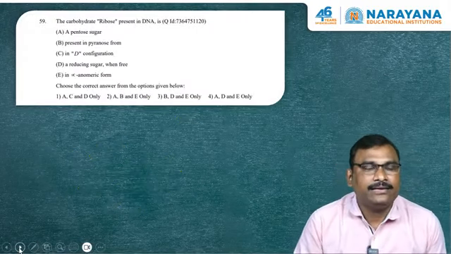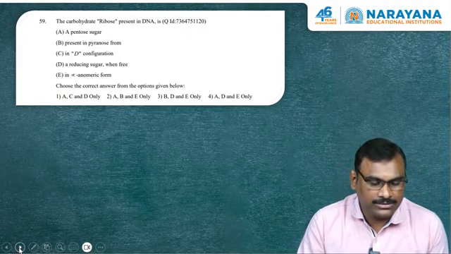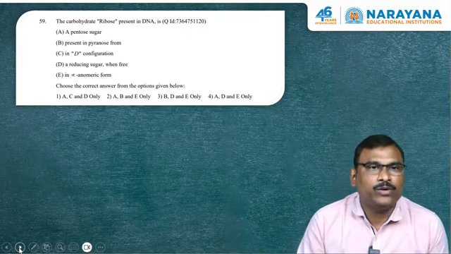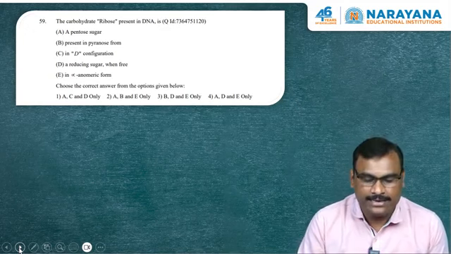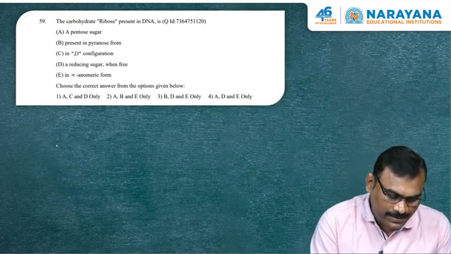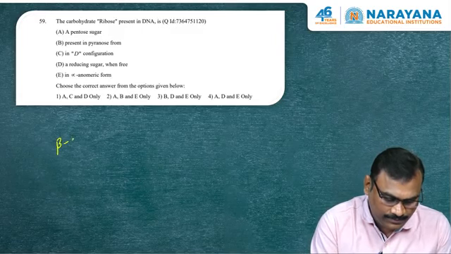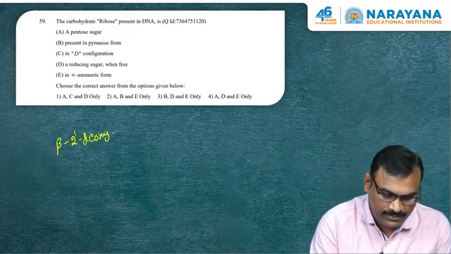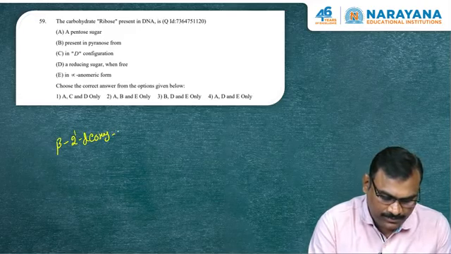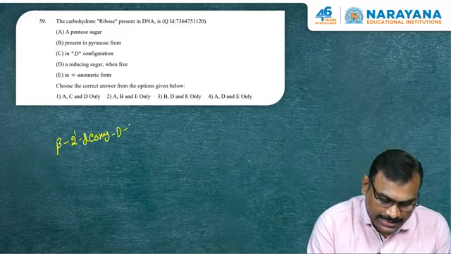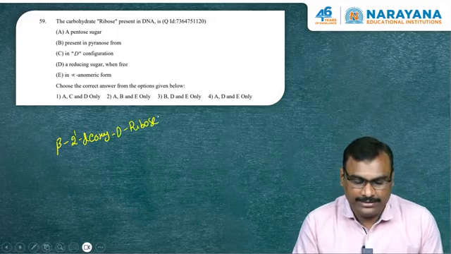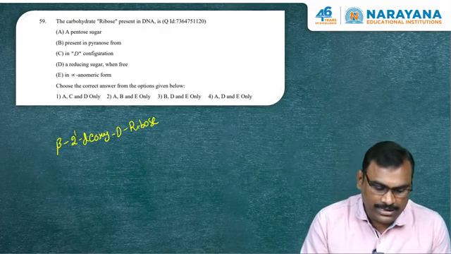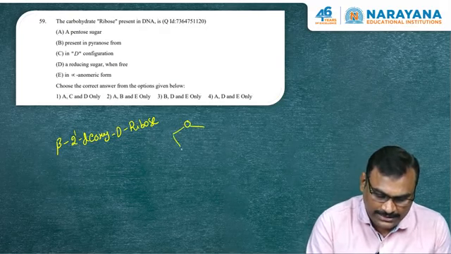Again the question is from biomolecules. The carbohydrate ribose present in DNA is, actually in DNA the ribose present is beta 2-deoxy D-ribose. That is the ribose present in the DNA generally. So, actually the structure of the compound is,